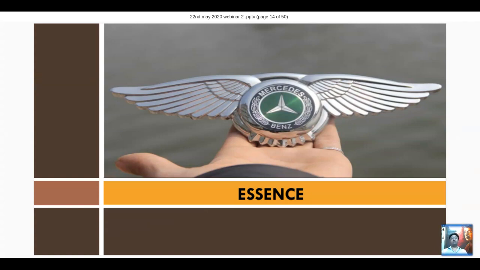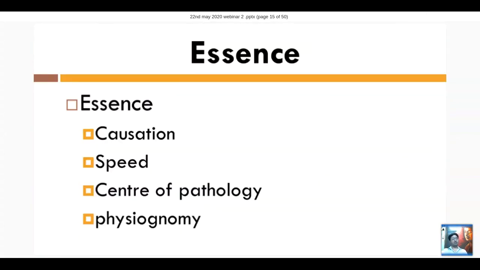The other type of information which is very important is the essence. Now, what is essence? Normally, in my student phase, essence meant a mental phenomenon. So a weeping tendency and yielding disposition is the essence of Pulsatilla. But we have to read the mind of the author who gave this word. This word is given by Vithoulkas. When you read Vithoulkas, he said essence has four parts: first, causation; second, speed; third, center of pathology;